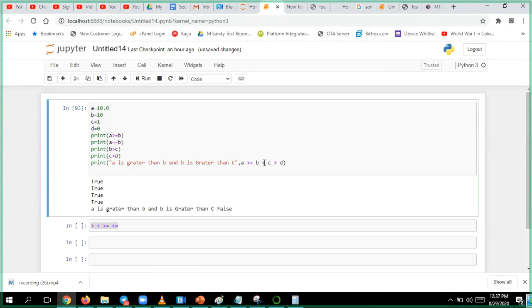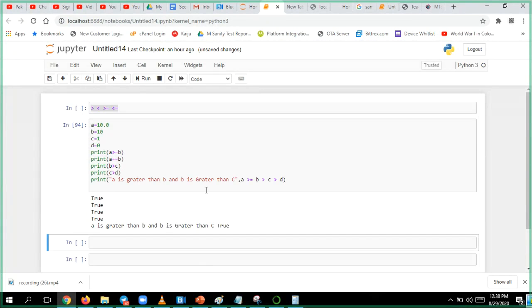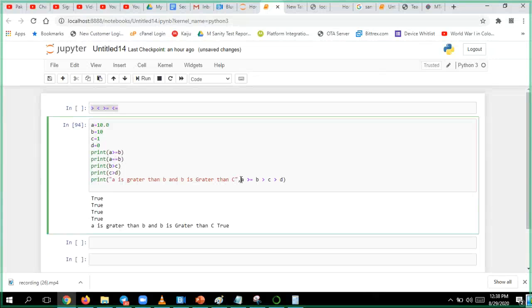Run it. The first condition is true, 10.0 greater than or equal to b means true. Then 10 is greater than 1, true. 1 is greater than 0, true. You can use greater than or equal to wherever it is required, for making sure the value is that value or greater than that value.